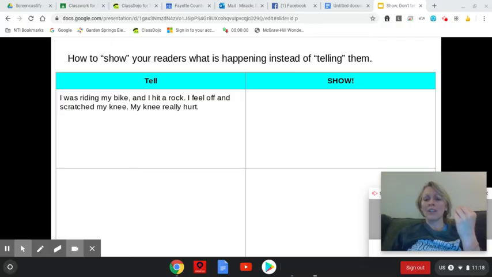I really want to paint a picture of not just what's happening, but how the character is feeling and what's happening with that character to really show what's going on. So I think instead of saying just this, I'm going to add some more detail in. I think maybe I could show it a little bit better by saying something like this.